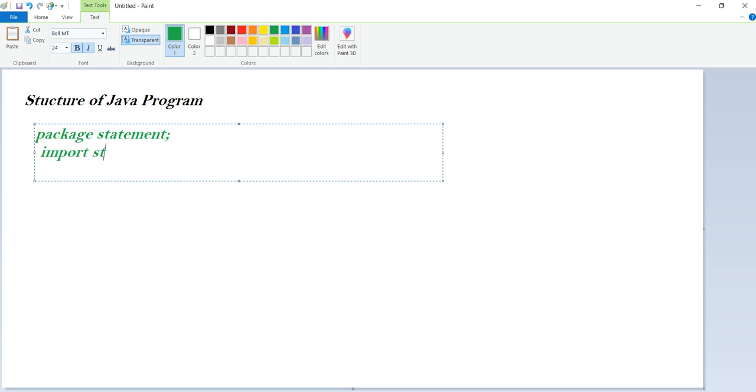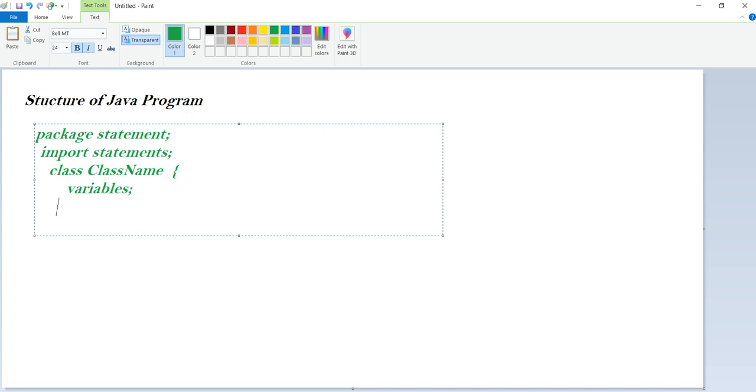So here you should import some statements. What type of statements, we can discuss. Then class. Here we should create a class with some class name. I'm writing this class name. It starts from here, with the braces. Then in this you should write variables, then methods,